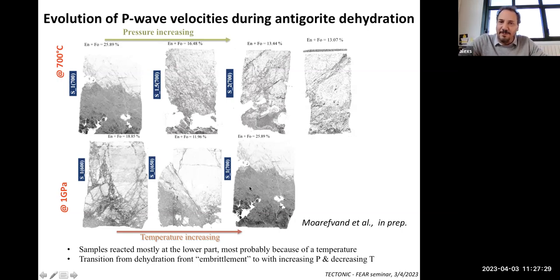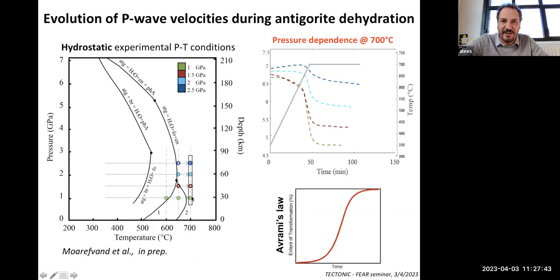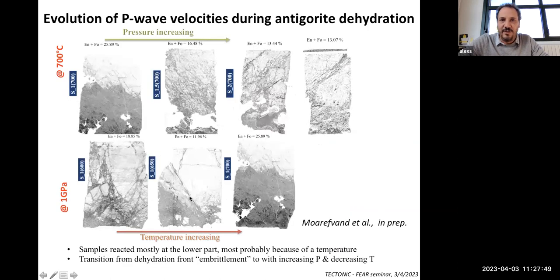As you increase the temperature, or at low pressure, the kinetics of the reaction is faster. In fact, if you look at how far you are from equilibrium, you see that this experiment is the furthest away from equilibrium. And so basically you switch to a system where the reaction happens